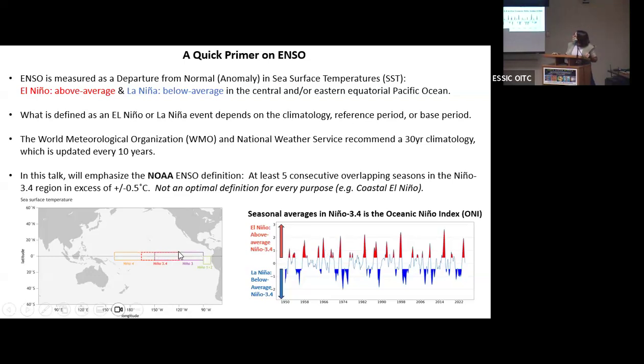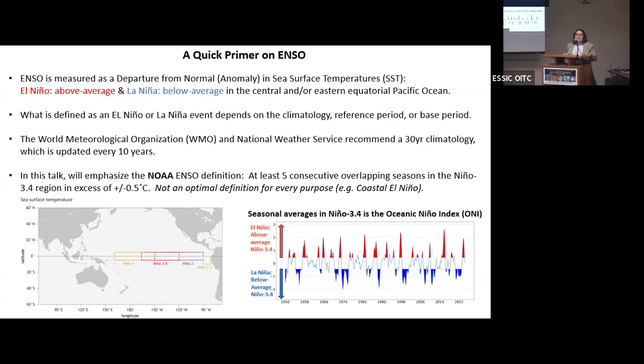And this is the time series that emerges when you average sea surface temperature anomalies. The reds here are our El Niño events, the blues are our La Niña events. And I sometimes use Niño 3.4 index and oceanic Niño index interchangeably, but that's not quite right. Niño 3.4, I usually use in reference to weekly and monthly averages. The oceanic Niño index is the three-month running average through the time series. So it's a smoother version of this, which does get at that coupled variability.